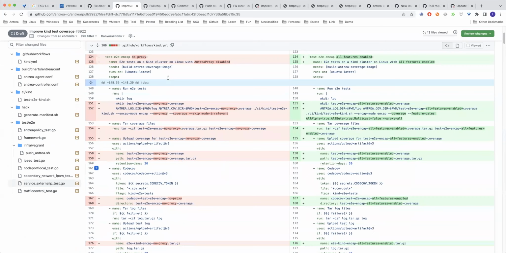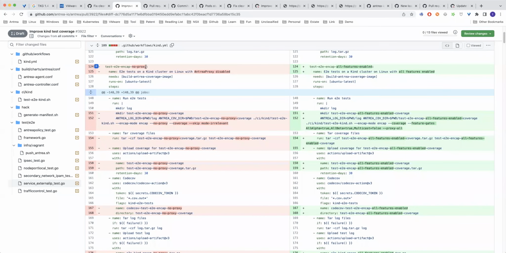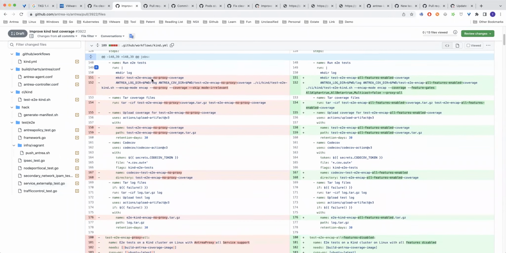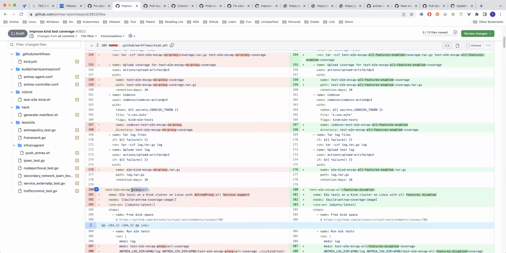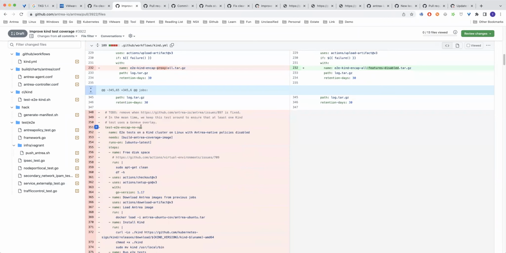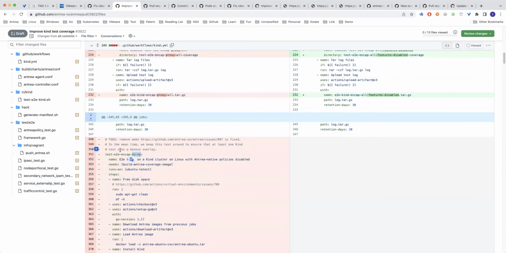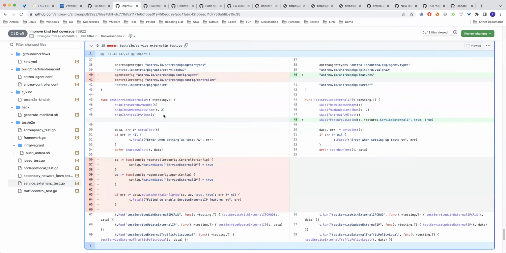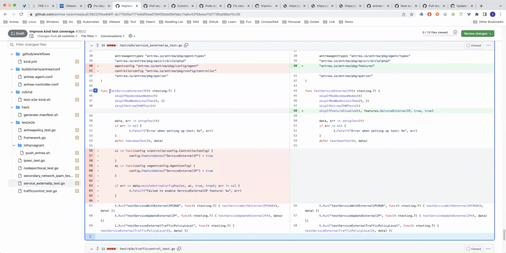Maybe let me share my screen. So previously we have three specific tests. One with Antrea proxy disabled, and one with Antrea proxy and proxy all enabled, and the last one with Antrea network policy disabled. And for other test features like service external IP, we use another approach. We just test this feature in every builds, but